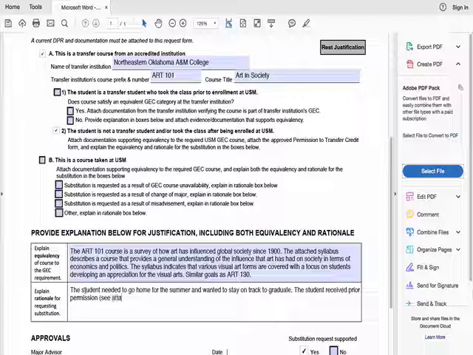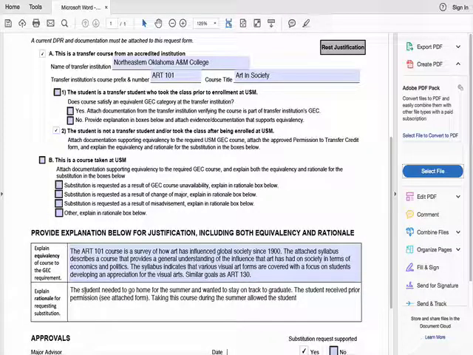See attached form, which would be the permission to transfer credit form. And taking this course during the summer allowed the student to take an additional degree requirement